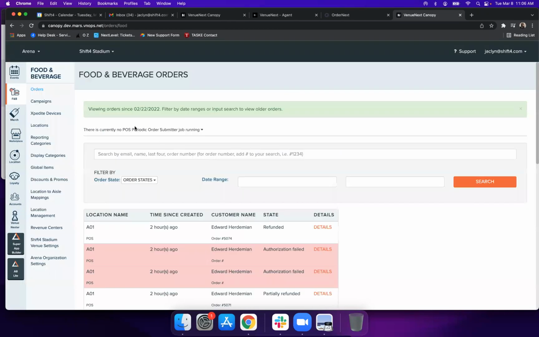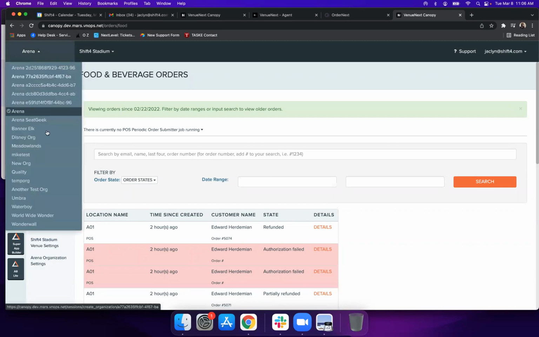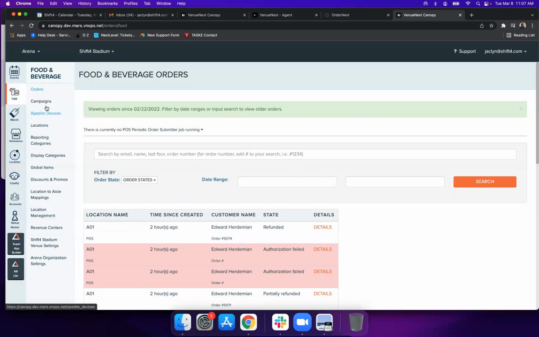So once you are in Canopy, you're going to see your organization at the top of the page and your venue. For those of you that have access to more than one location, then you're going to see multiple options in the drop down here. However, if you do not have multiple options in the drop down, then you're going to just see your venue that's assigned to you. So I'm going to go ahead and select the arena